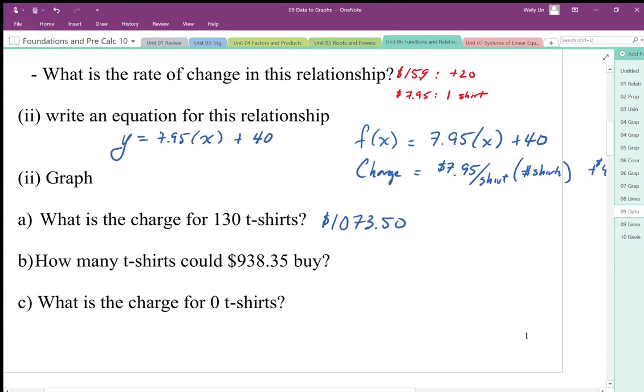How many t-shirts could $938.35 buy? Well, I have the charge in this case. So now I have the charge, 938.35, and that's going to be equal to 7.95 times x plus 40. So I can undo this calculation to figure out the number of t-shirts. So subtracting 40 from both sides,